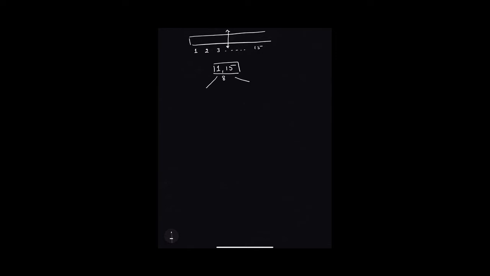Then my tree or my array gets split into two parts. The first part has elements from 1 to 7, and the second part has elements 8 to 15. Now, if quicksort is applied to the elements from index 1 to 7, a partition is created at the fourth position. The elements on the left-hand side would be 1, 2, 3, and the elements on the right-hand side would be 5 and 7.